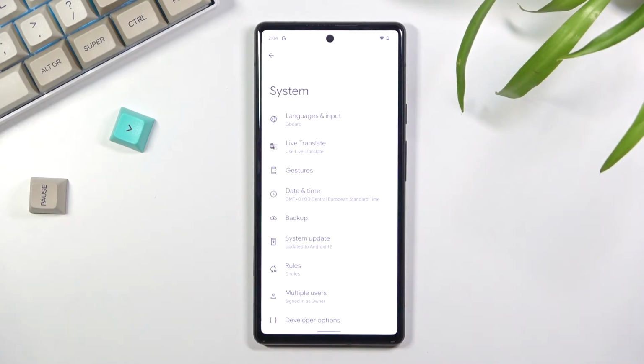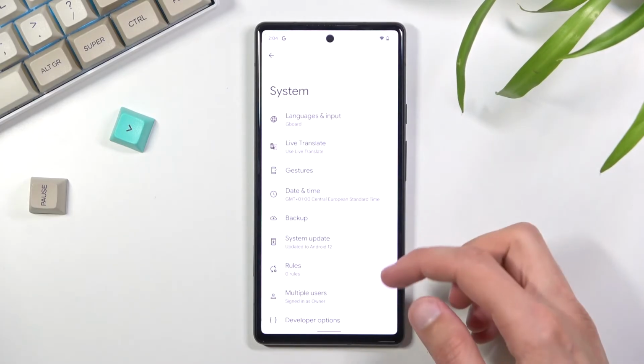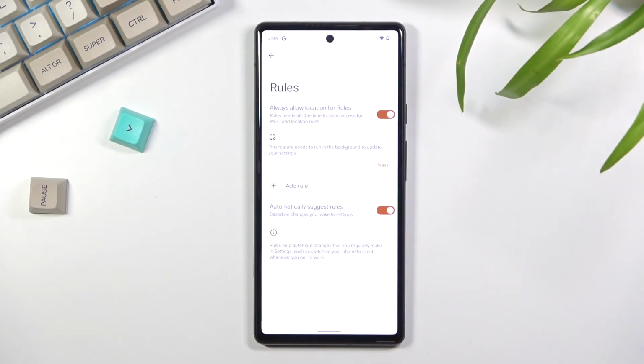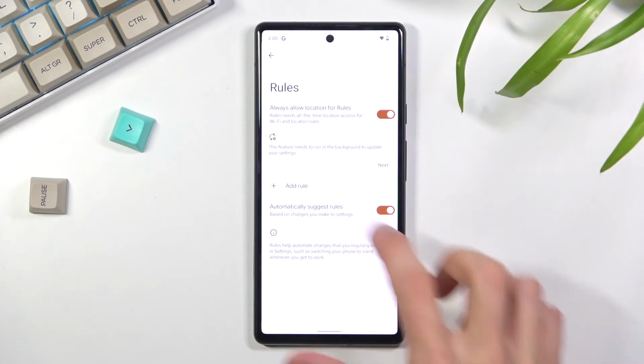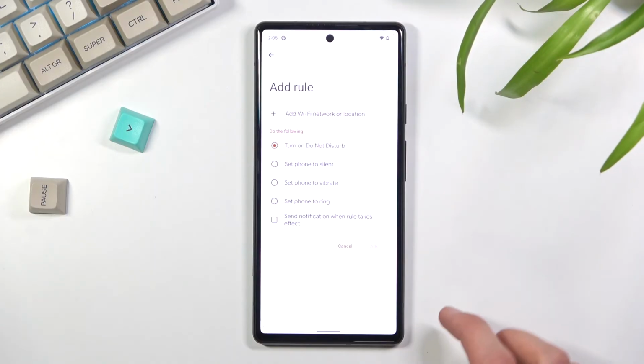Anyway, moving on to the next option, and also last option, it's the rules. And again, it's in the settings under system. Let's see if I can find it right here at the bottom, rules. And just a quick version of it, you can see it right here. Rules helps automate changes that you regularly make in settings, such as switching your phone to silent whenever you go to work. So this would, I believe, use things like, for instance, your GPS location, and as an example, also time, or you would actually set it up. Let's see. Yeah, so we have a couple options. Say do not disturb mode, and